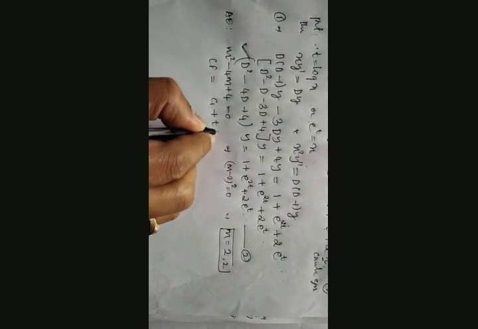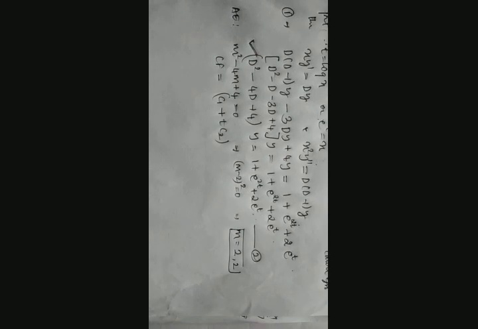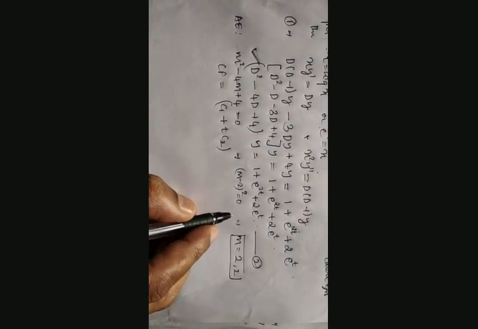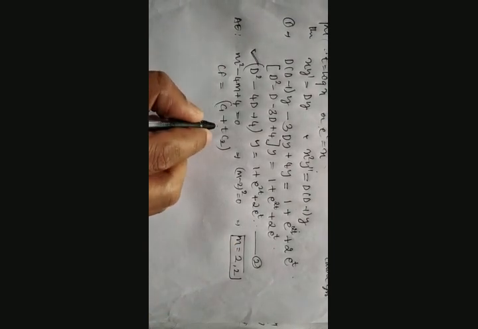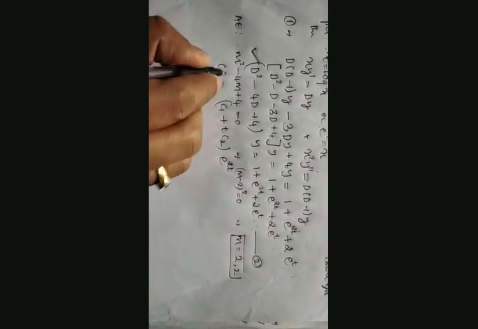Therefore, the complementary function is c1 plus t into c2, not x into, t into, because you can see the variable. In the previously given example x is the variable, but after the substitutions, when we have modified this equation, t becomes the variable, so that care is to be taken. So c1 plus t into c2, e raised to 2t. This is our complementary function.